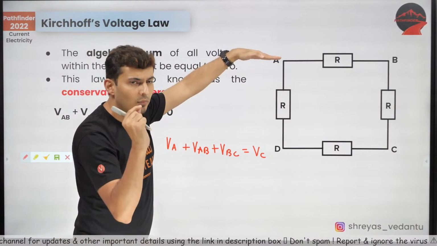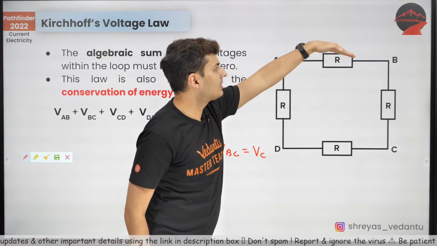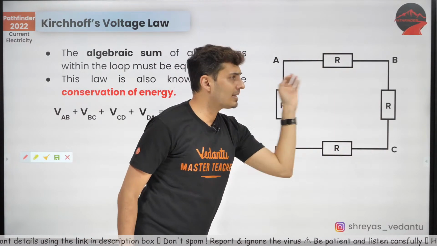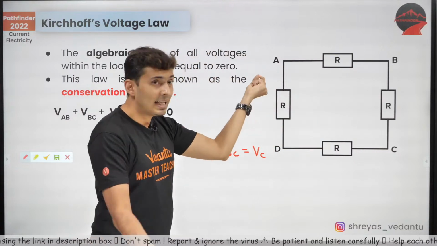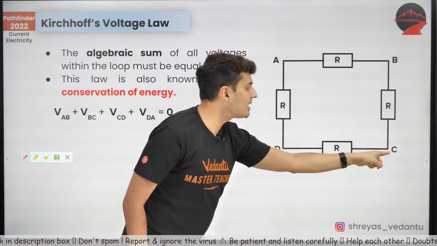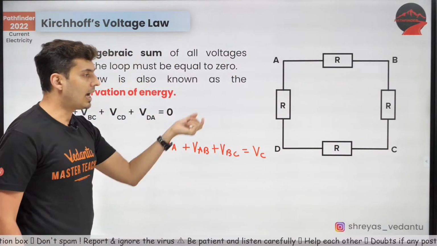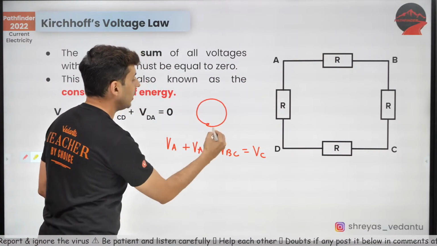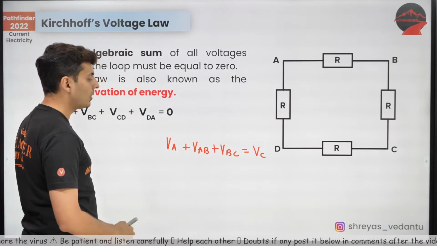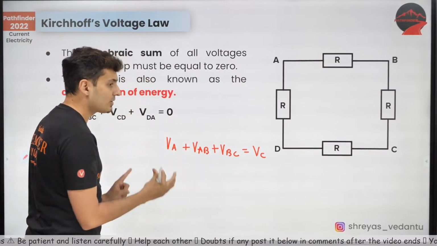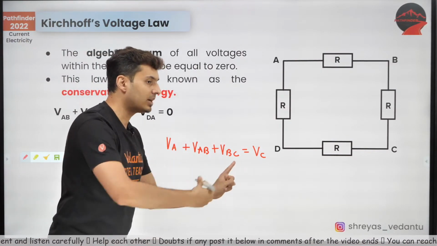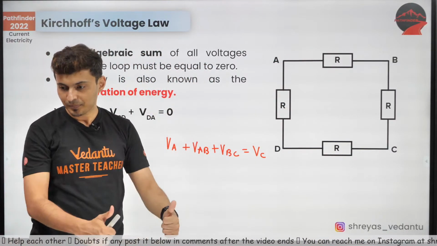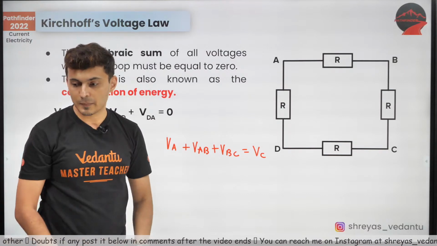So at point A I had some volts, I had some difference between A and B, I had some more difference between B and C. Whatever is the sum of their differences plus the initial voltage will give me the final voltage at that final destination. This is not a complete loop law, but this is an incomplete loop law. So this is also Kirchhoff's voltage law, but it's incomplete because I have not returned back to the same point. So you can use that. I hope this is clear.